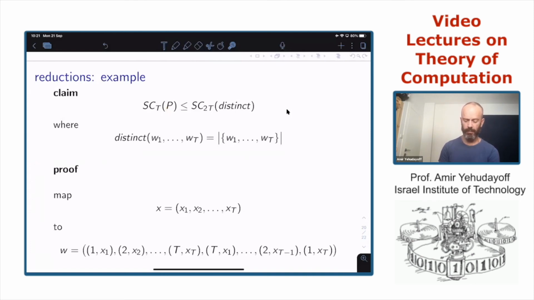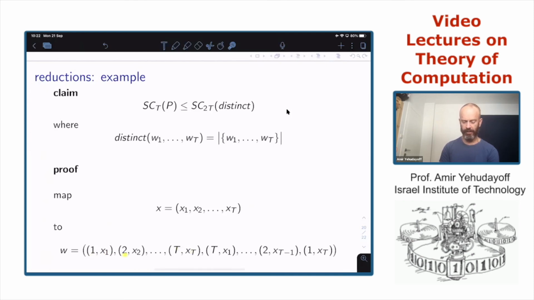We take an input to palindromes of length t, and we map it to an input to distinct of length 2t. Every element in W is a pair of an integer and a bit. So it is 1 x1, 2 x2, up to t xt.